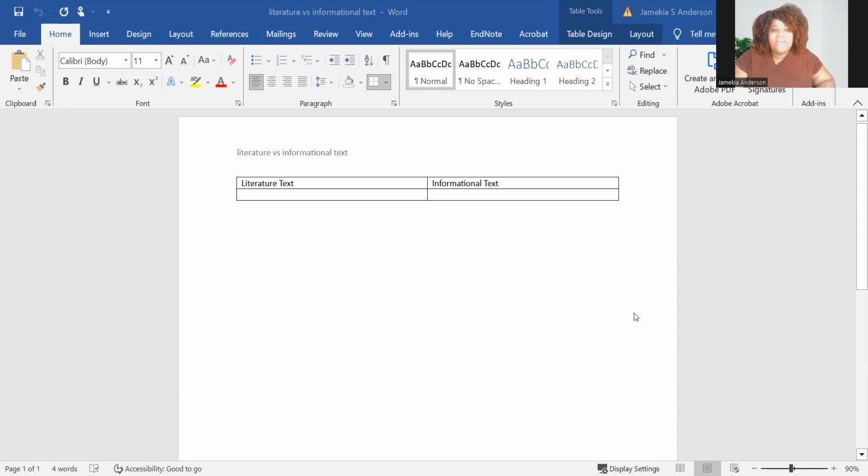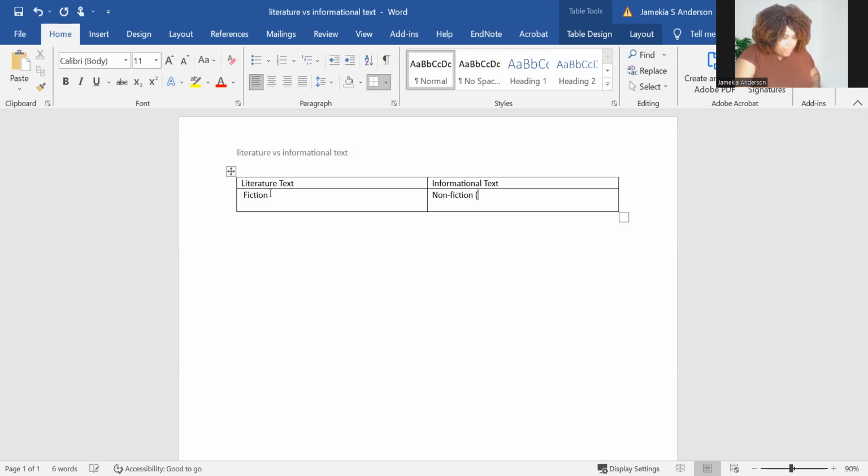What is the difference between literature and informational text? Not just your basics, and I'm going to write those in as we go through some of this. Usually the basics, and what everyone focuses on, is that literature means it's fiction, right? And here is nonfiction. And then they usually say that this means these are real life stories, or real life events. But remember, typically we would say real life stories.